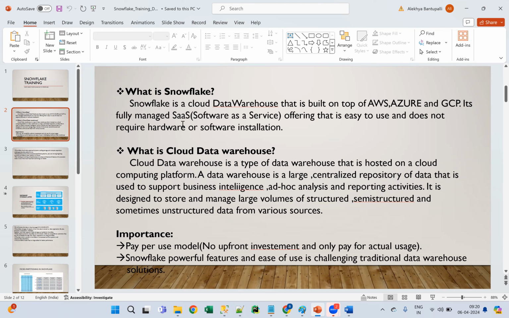So let's move on to the importance. If you can see the third point, importance here. So what is the Snowflake importance here? Pay-per-use model, which means Snowflake follows a pay-per-use model. Usually in normal databases, guys, if you want to store some data, we need to purchase the storage first. Along with compute power, to run your query, we need to buy some compute power as well. That is called compute, maybe a CPU cost, input output cost, all these things.